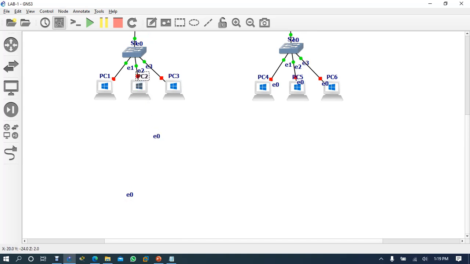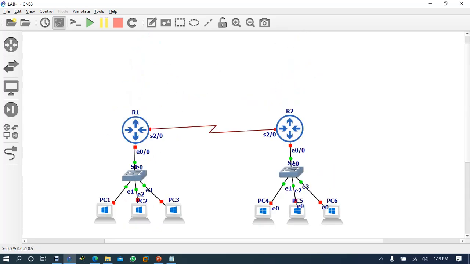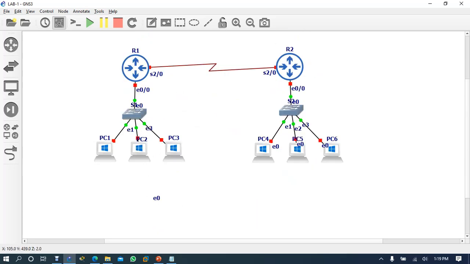PC 1, 2 is okay, so just remove the ports. Here also this is okay, because here you have to configure the port number. This is okay, this is okay. Like this, you can put it like this once.